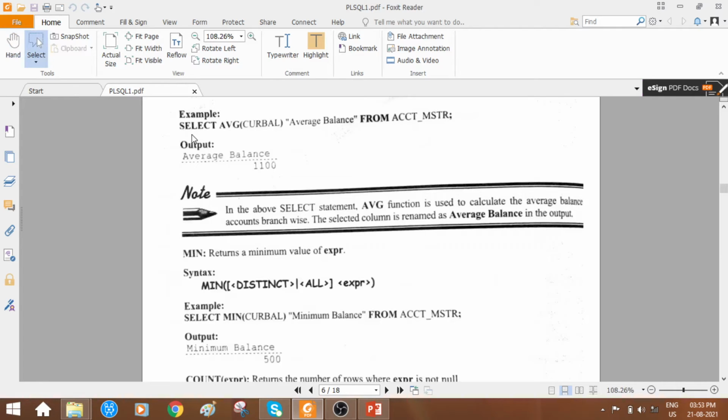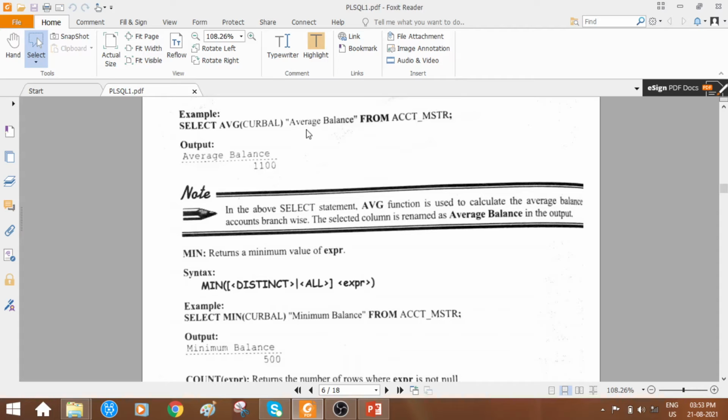Okay, let's check out this example. Select AVG. AVG just now we discussed with the syntax, right? AVG. You found something like distinct, right? Distinct all you found. So just check out here. Average of a particular column, we call it as what? We will be telling with the help of which one? Distinct keyword. Okay. So now just check out here. It is current balance. You want to get the average of a particular column, and that column name is what? Current balance. Okay, now just neglect this.